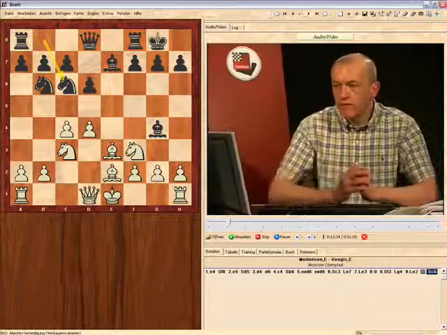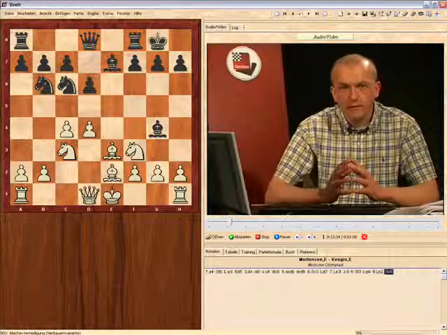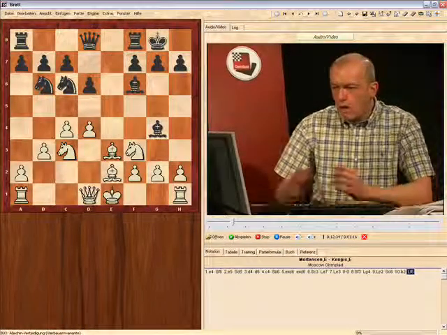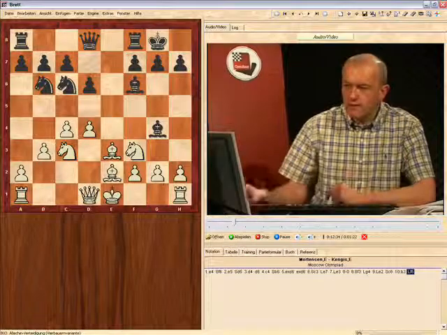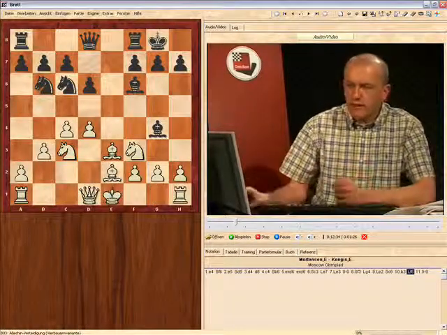So black's got to develop his knight first. Now he definitely is threatening bishop takes f3, so b3 is the usual response. Okay, bishop comes to f6, and now white has two moves. In the game Mortis and Cengiz, and this is the old main line, white castles, but white can certainly consider